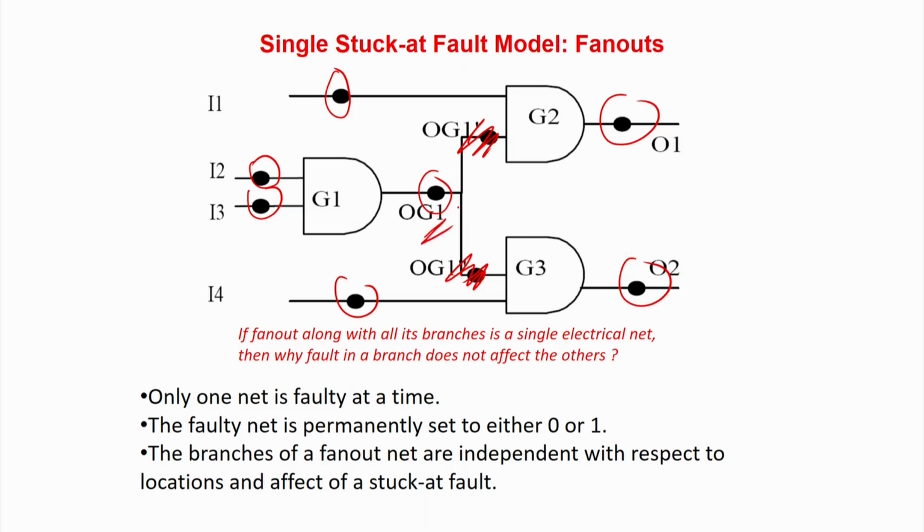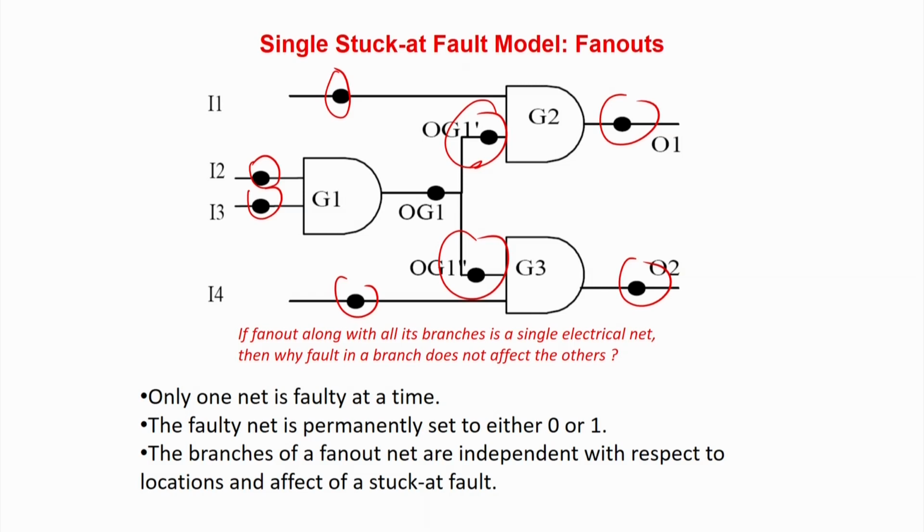I will also do it for OG1, but logically, looking at it as a continuous net, I can drop these fan outs. But if you do this, we have statistically found that the quality of the test comes down. These are statistical; again I am telling you, all these fault models have come out of statistical improvisation. It is not by any theory. So, along with this, you also have to think about these two lines as independent; all fan out lines will be independent, and you have to ensure that none of these fan out lines or the ordinary lines has a stuck-at-0 or a stuck-at-1.